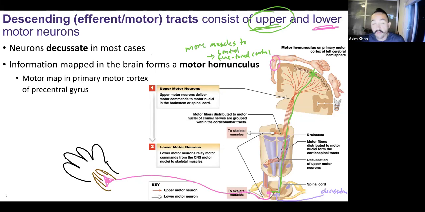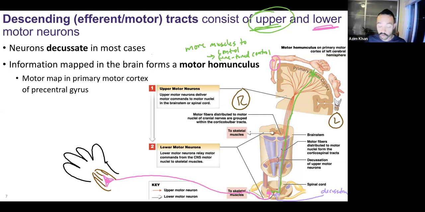Once again, let's recap. There's a lot going on here. We're starting in the primary motor cortex. It's an interneuron, the one in green. Our upper motor neuron is an interneuron. It's very long, starts in primary motor cortex, descends down the brainstem, down the spinal cord in the anterior white column. It decussates at the anterior white commissure. It ends in the ventral horn on the opposite side. So it started on the left side, it's ending on the right side.